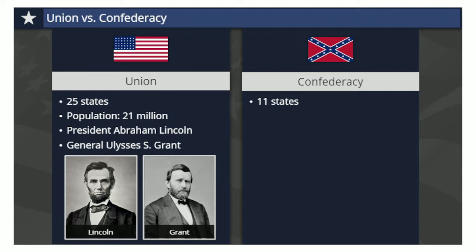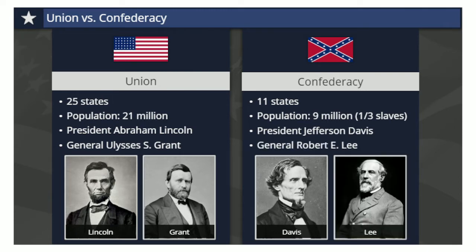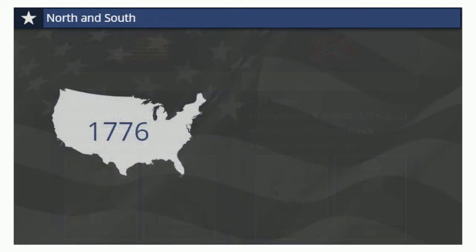These states had a far smaller population of about 9 million, but more than a third of those people were African American slaves. The Confederacy elected its own president, Jefferson Davis. Its most famous and successful general was Robert E. Lee. The United States, which began its nationhood in 1776 after declaring independence from Great Britain, enjoyed tremendous success in